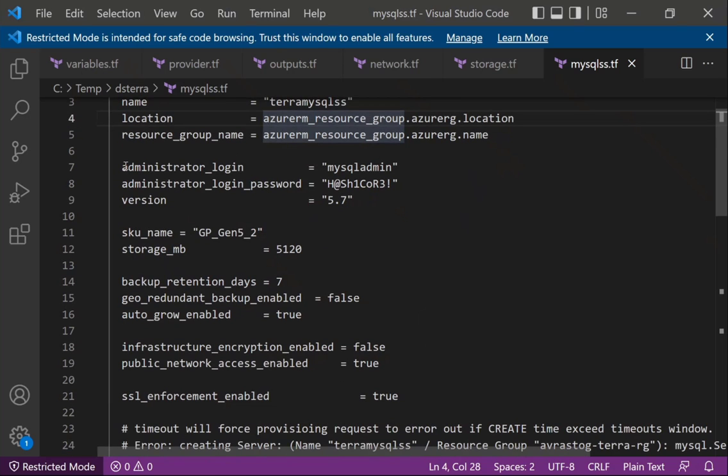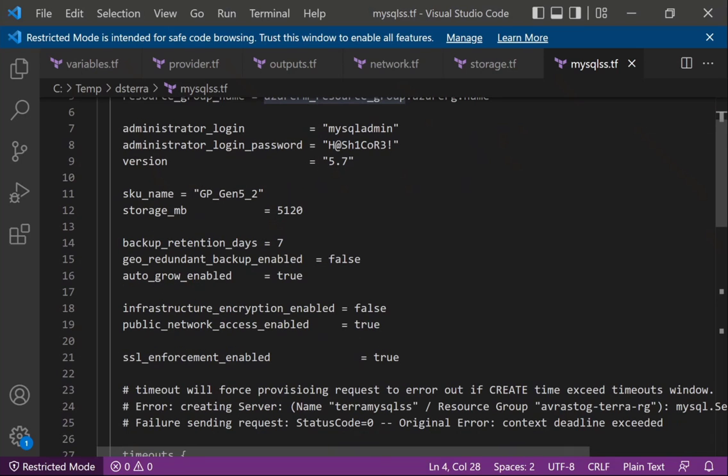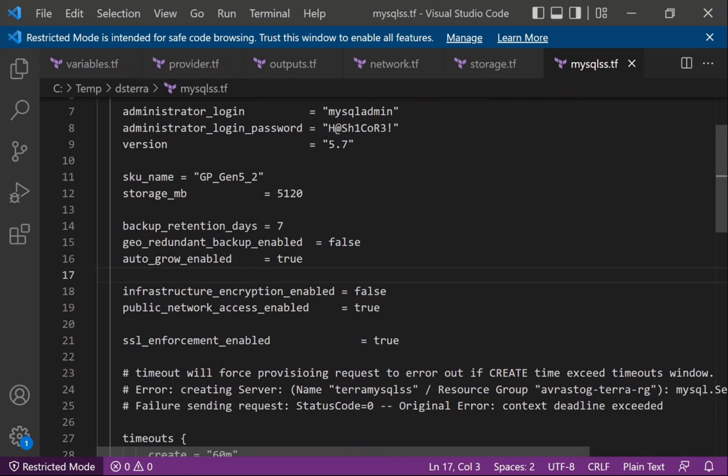And I'm hard coding the login name and password. You can certainly have these as input parameters as well, and you can define those parameters as sensitive parameters so that the value you provide is masked during the display. Then you can specify the SKU name, the storage you're allocating,